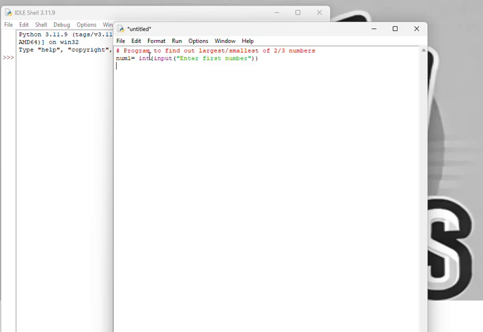Then num2, again int, input, "Enter second number". Okay, so let's make it more interactive. I'm putting a colon and then one space in the above also, so it will help you.